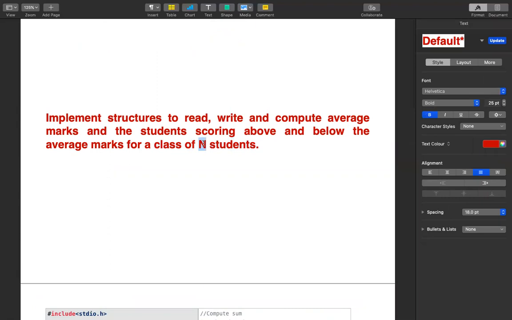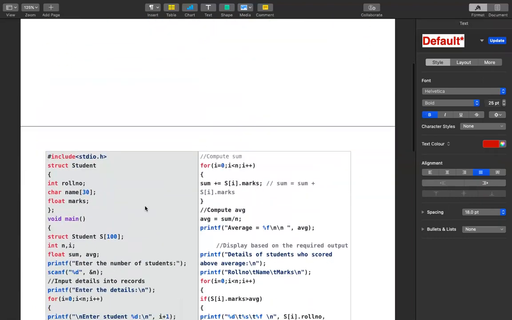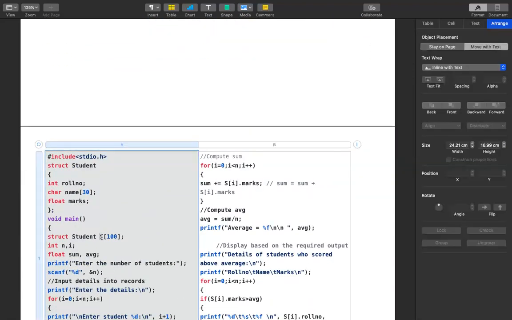That means we need to store the name, marks, and roll number of not one student. We have to store the name, marks, and roll number of n number of students. So that is the reason we have created an array variable, and the variable name is s. This s is an array of type student. And what is student?